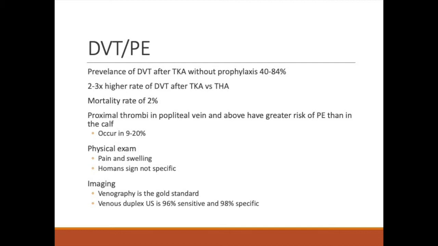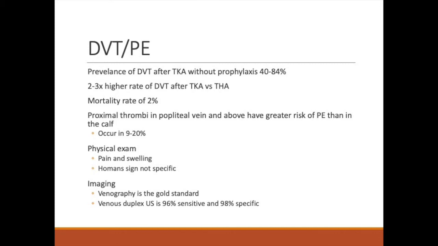The prevalence of DVT after total knee arthroplasty without prophylaxis is anywhere from 40 to 84%, but a lot of this is very old data from the 80s and 90s. Current data shows that we have done a much better job with this, probably mostly due to our early mobilization protocols as well as better selection of medically appropriate patients and risk mitigation preoperatively,